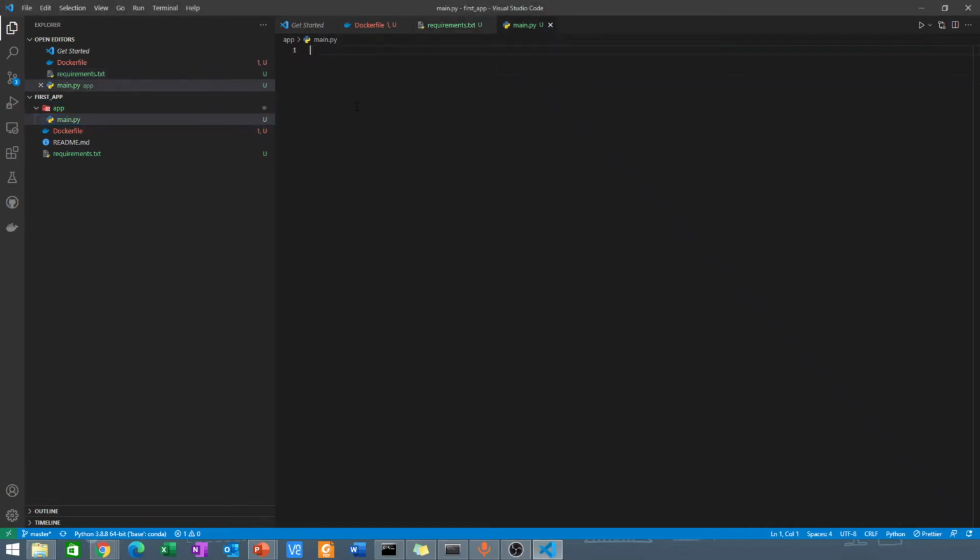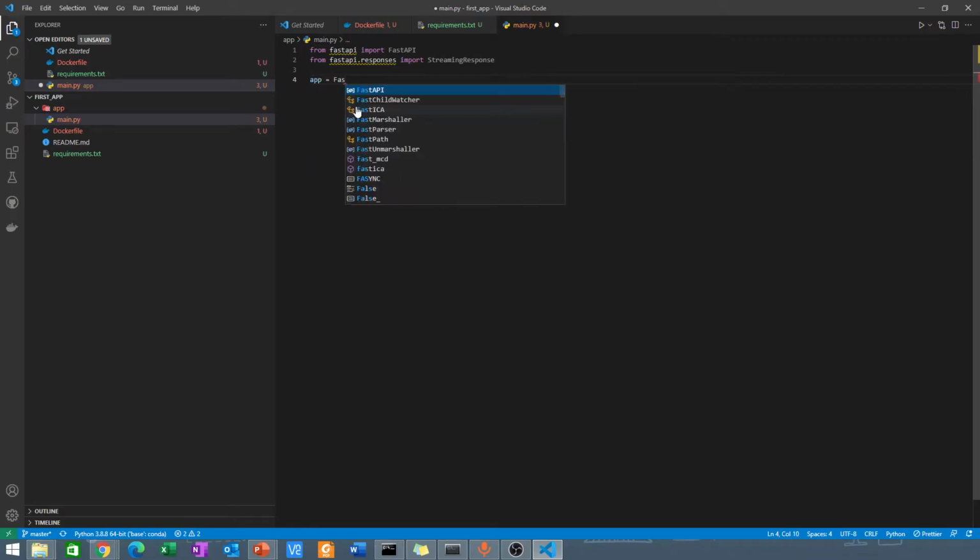Because it's a web app, first of all I would say from fastapi import FastAPI, right? And then from fastapi.responses import StreamingResponse, right? And then I'm just going to create an instance of that FastAPI,